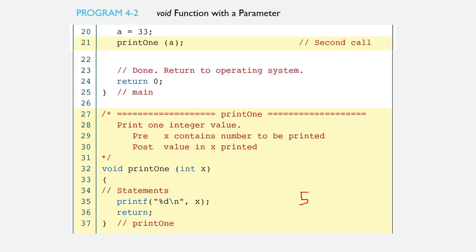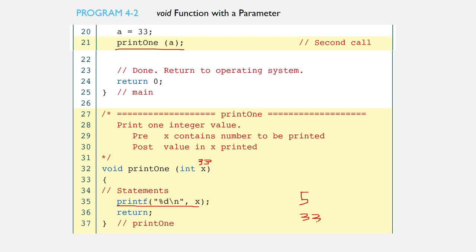So here again, upon having this statement, the interpreter will go to the print1 function definition. The value 33 will be passed here and processed inside this function for the second time. Here we print the value of x, so 33 will be printed on the second line.